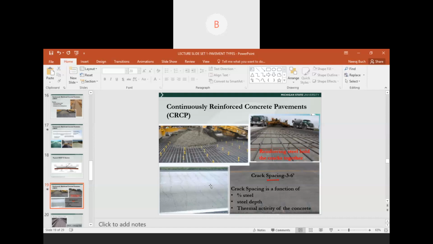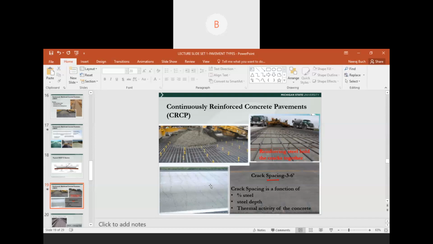Now, the difference between a shrinkage crack and a regular transverse crack is that a shrinkage crack is a non-structural crack. It does not take away from the load carrying capacity of the pavement. The second difference is that a shrinkage crack is only a surface crack. The crack does not propagate all the way through the depth of the slab, whereas a regular transverse crack can become a structural crack and has the capacity to propagate all the way through the depth of the concrete